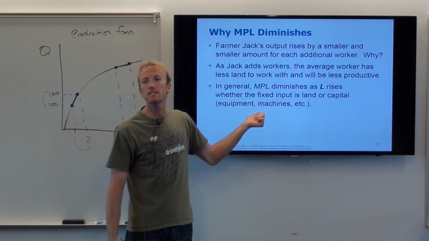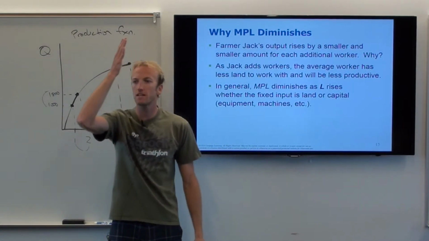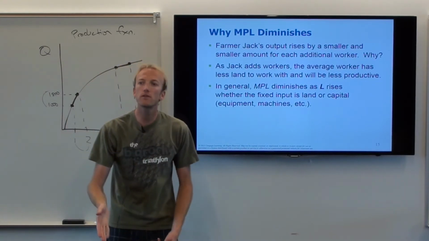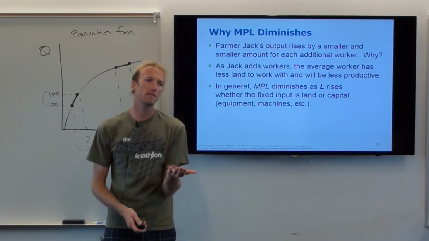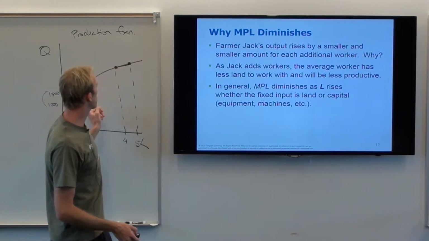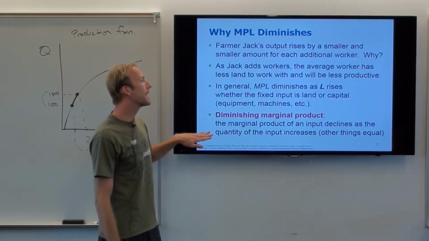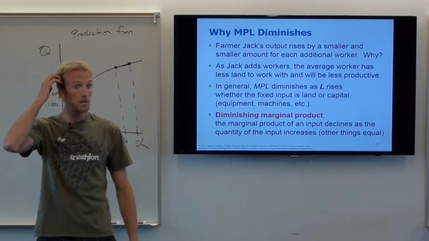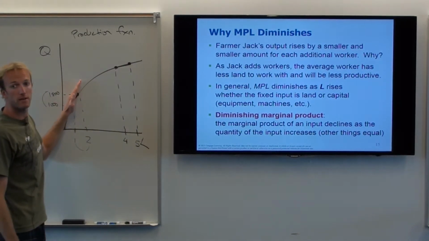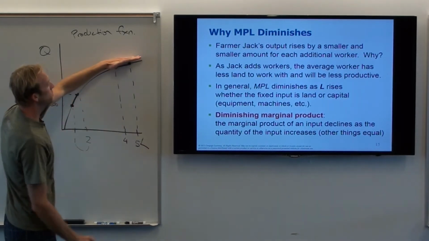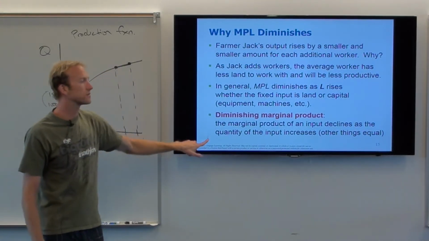And in most companies in real life, this is true, right? There's only a fixed number of machines that they can use, or a fixed number of computers, or a fixed amount of factory space that they can use, right? There's always a fixed input, generally. And so that is the reason for the curve on the production function, okay? We call that diminishing marginal product. So the marginal product of labor is a big number here. As you get more and more L, the marginal product of labor becomes a small number, starts to be close to 0. It's diminishing. You see that? Diminishing.